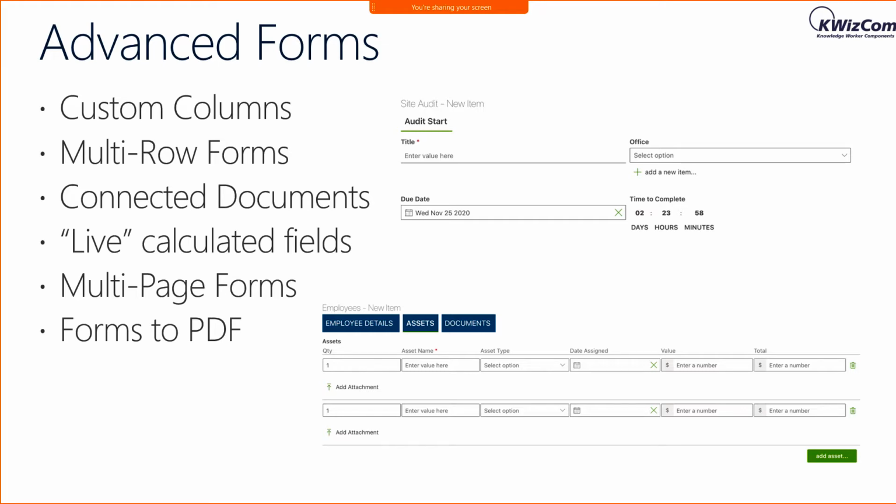Now, these forms themselves are advanced. We support a number of different options here. So for example, custom columns, as I mentioned. So I'm going to show you an example of using countdown columns, hyperlinked columns with rich functionality,